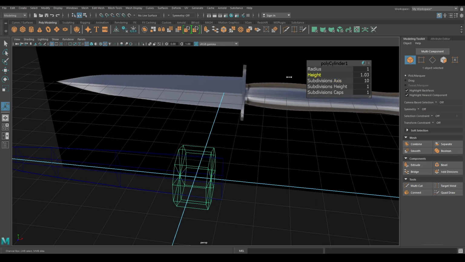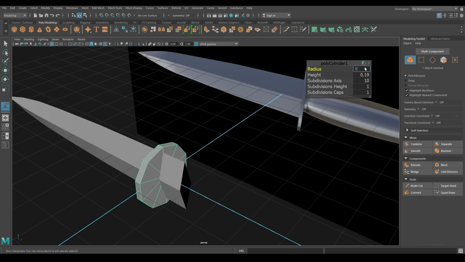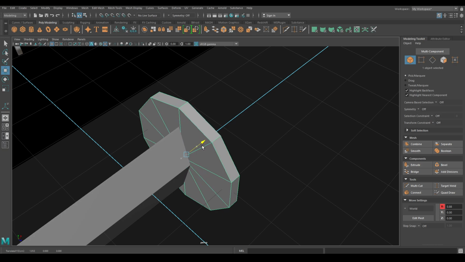And decrease the height. Increase the radius to 1.25 and height to 0.2. Place it here.